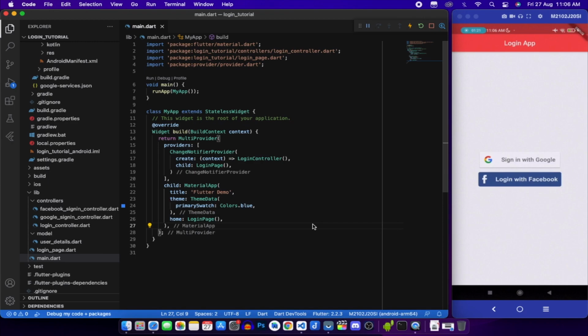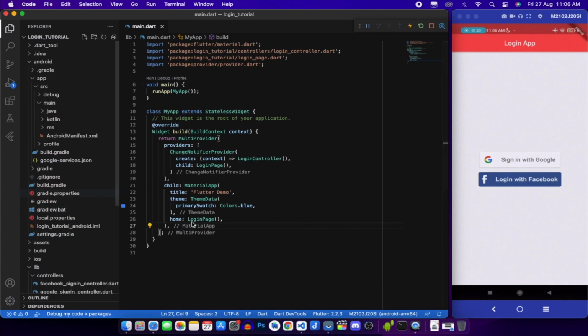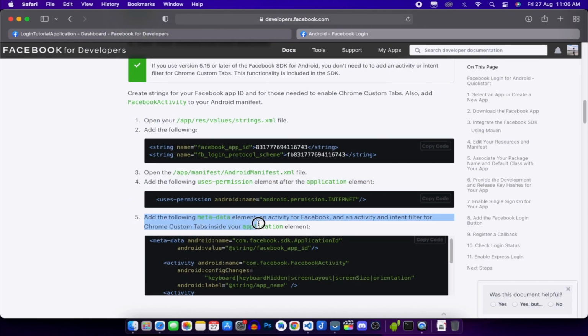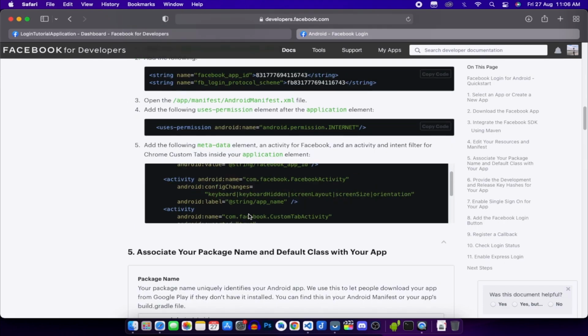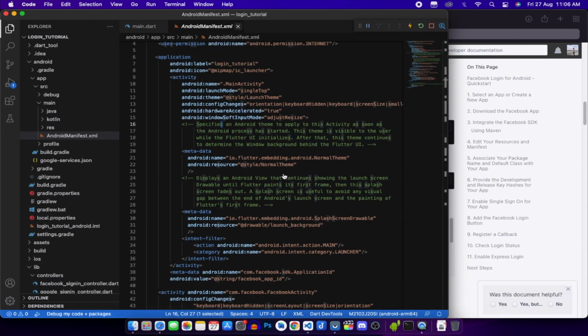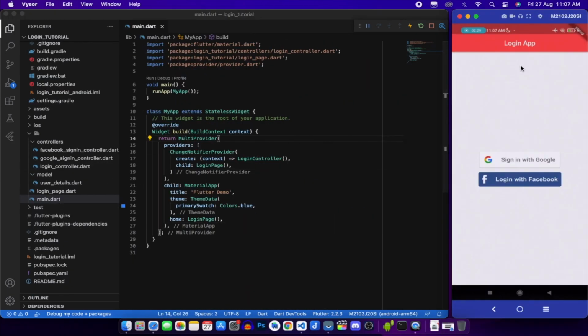Okay, so after making so many mistakes, we finally solved it. Let me just give an overview of what the issues were. When we were connecting our Facebook app to our Flutter, first of all, we added this strings.xml. We also added permission, but we forgot to add this metadata section. What I did was I just copied it here and I went to Android manifest and I pasted it above the metadata section so that I don't collide with any other libraries. And after that I saved everything. Here we have our app finally in front of us.